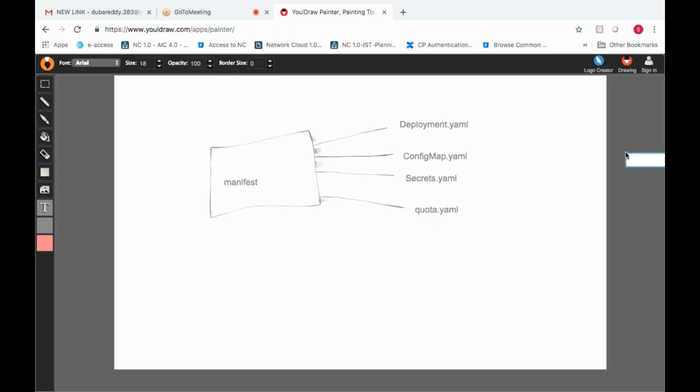This is our directory where I have placed my YAML files. Let us say it is a single application, it's fine. What you will do is, under manifest, you will create one more directory and copy these files to that directory. That directory will be named Nginx. There is one more application deployment called Apache Web Server, so you will create one more directory Apache Web Server under manifest, and you will place some configuration files over there.